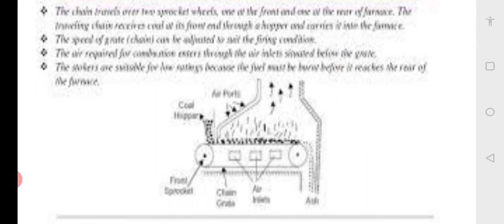The grate means, like in your house in earlier days, if you recollect, you had a boiler. There was a cast iron plate with some slots in that, and on the top of that you used to put wood, light up the wood and put some coal and other things to heat up water. So that grate is equipment which holds the fuel, and it also permits the flow of air for the combustion of the fuel.